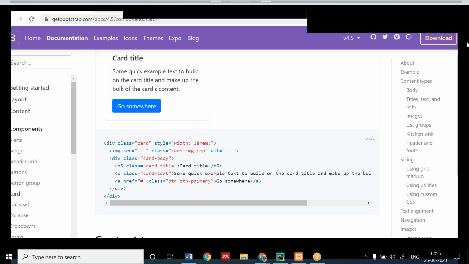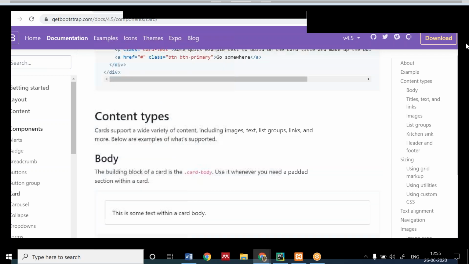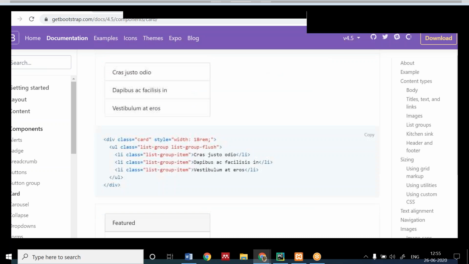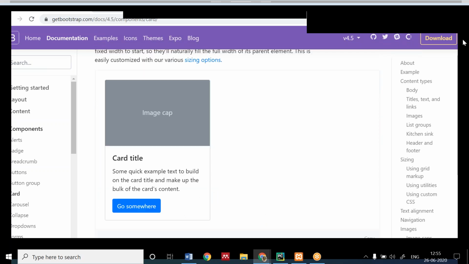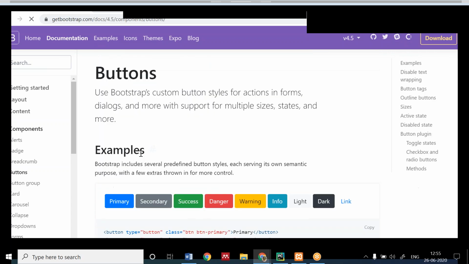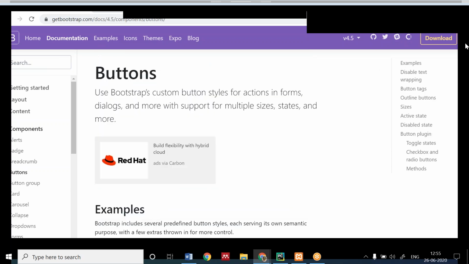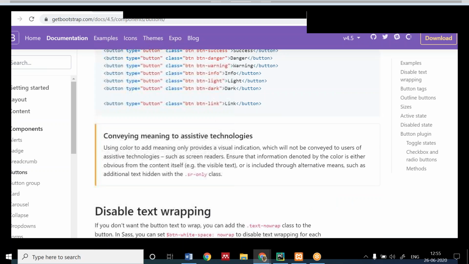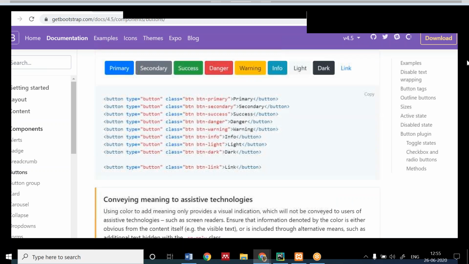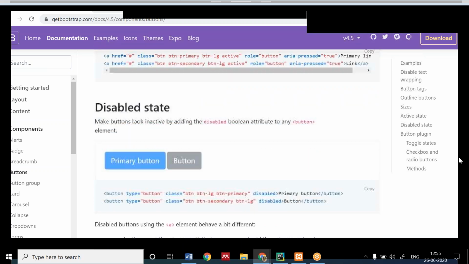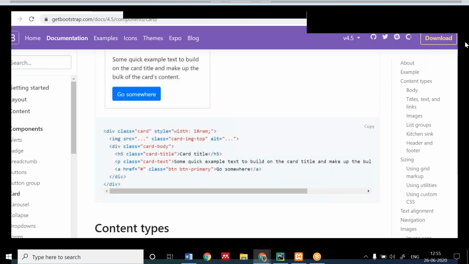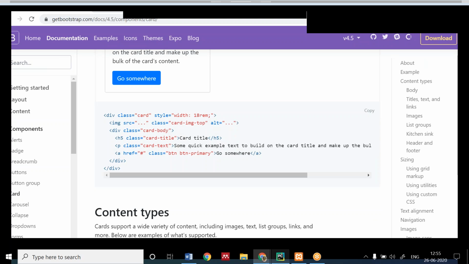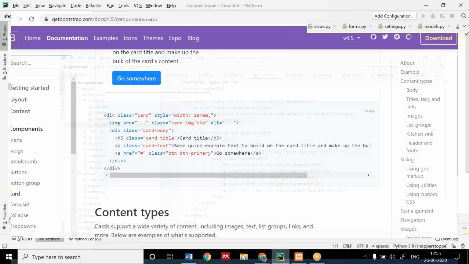You can have this card, and there are different examples for this. If you want to use it for a good look and feel, you can have this. You can have buttons also, good look and feel buttons. How to make it? In Bootstrap, we have a good facility for a good GUI. It looks better. So we can just copy the code from here and paste it in an HTML file somewhere like this, and we can call it.